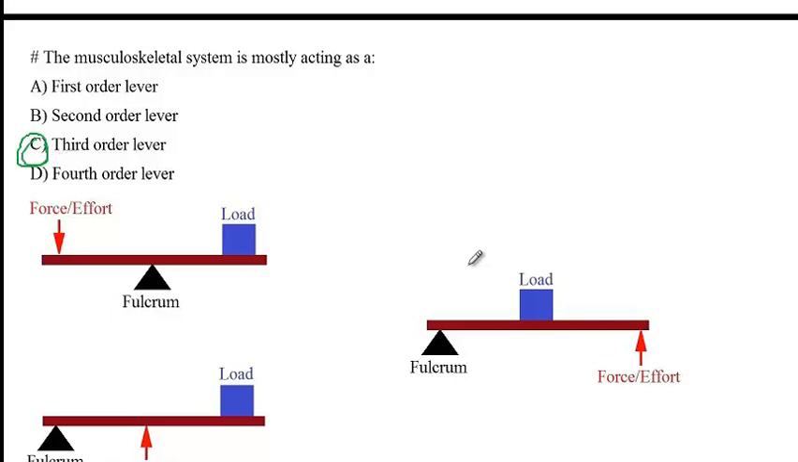Now let's recall, what was first order lever? It's when having the turning point between the load and the force, versus the second order lever is when the load is located in between. And actually we do have some parts of our musculoskeletal system acting as a second order lever, like for instance our ankle joint,